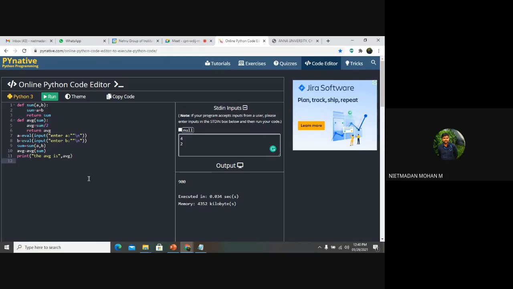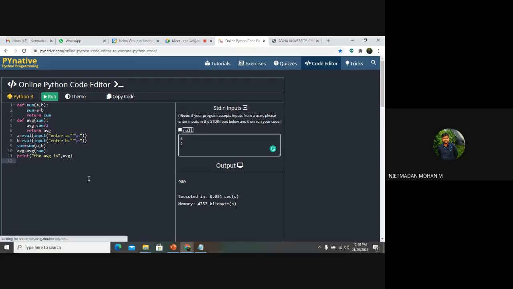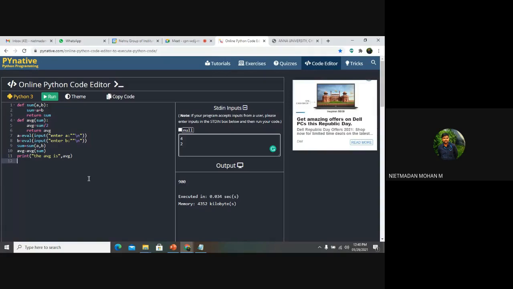7th line, yes. In this program, you want to find out whether any user input is available or not. In any program, you first search whether any user input is specified. In this case, the user input has been specified over here. So definitely that 7th line, the user input line, needs to be executed. So here the 7th line will be executed, where we give the A value and again the B value. I have already given here the A value as 4 and the B value as 2.